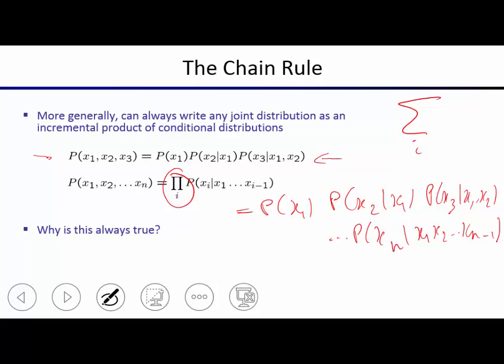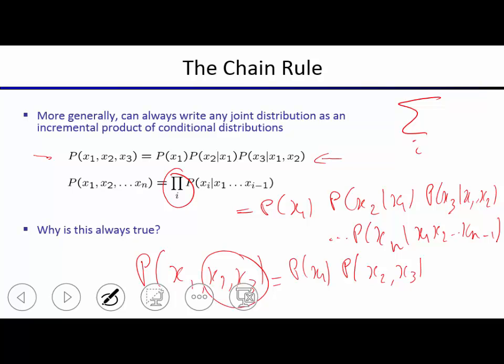Why is this always true? Why can you always expand a joint probability as a sequence of conditionals? Well, you can prove this by induction, but effectively what's happening is you're applying the same thing over and over. You can say, what's the product rule applied to, let's do it for the first one, p(x1, x2, x3) is equal to, based on the product rule, and let's think of this as just one big variable, p(x1) times p(x2, x3 given x1),